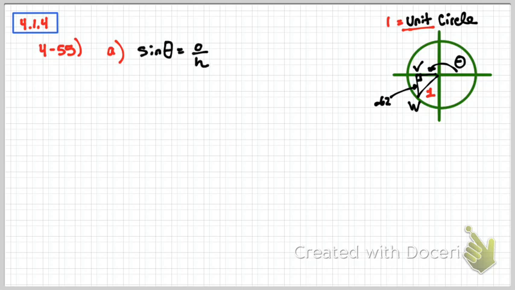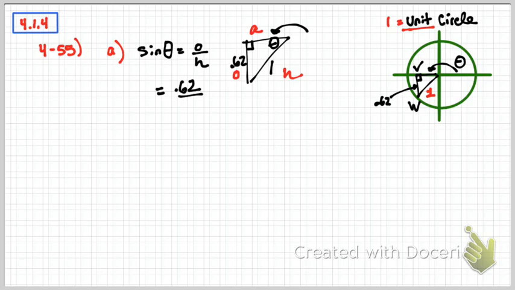opposite over my hypotenuse. Now, I'm going to draw this triangle out a little bit bigger. So this is 0.62 and this is 1. And this is my theta. This is coming around. So I can label my sides, hypotenuse, opposite, and adjacent. So if we're finding sine of theta, that will be equal to my opposite over my hypotenuse, which is 0.62